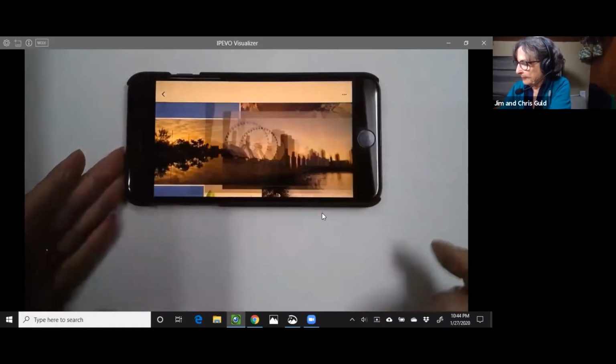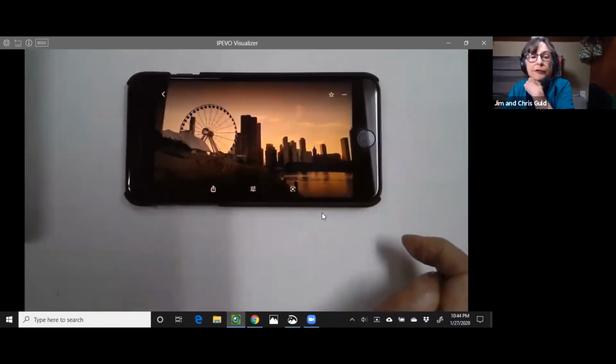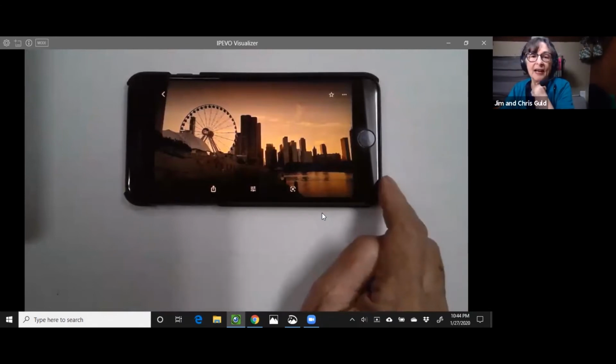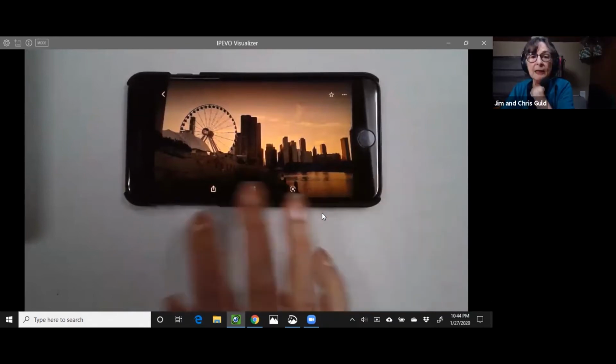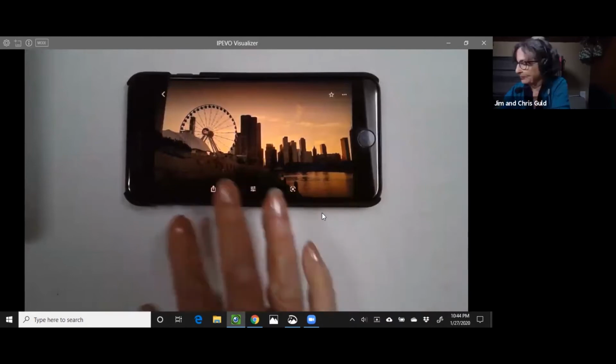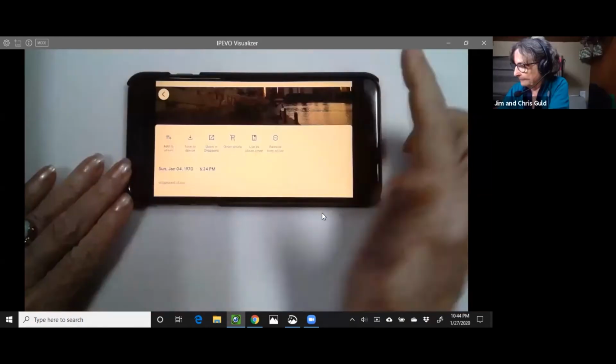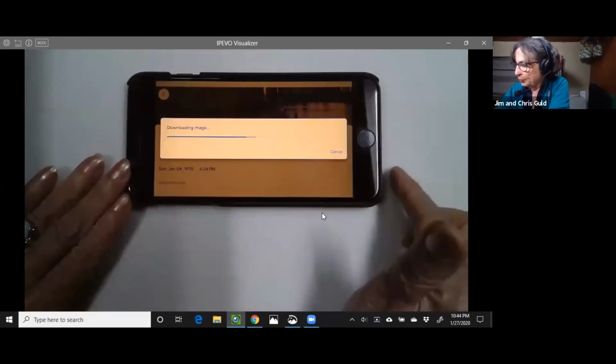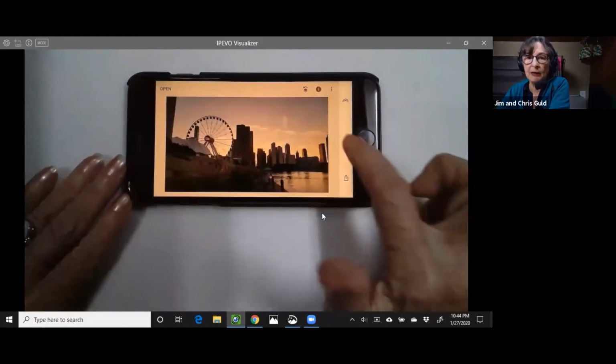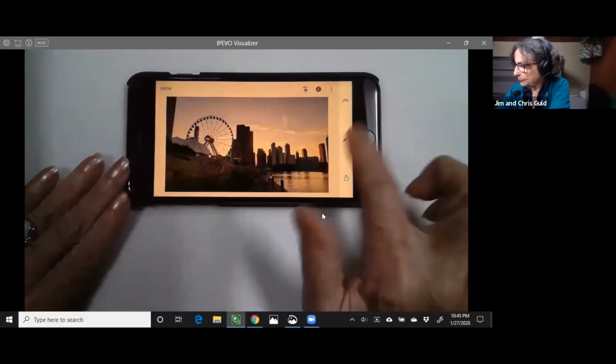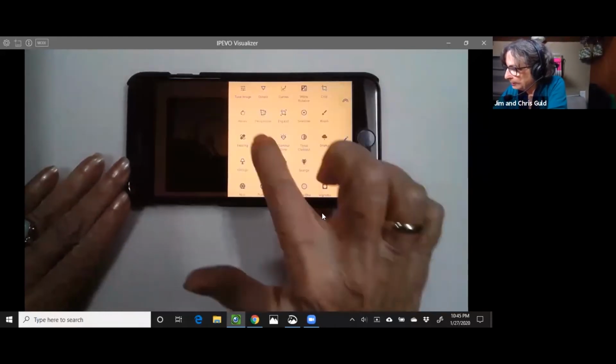Next one. This is a picture of Chicago waterfront, the Navy Pier, and it was at sunset. I thought it was really pretty, but this photo doesn't do it justice. I swipe up, open in Snapseed, and I'm going to use that same HDR Scape. Tools and HDR Scape,